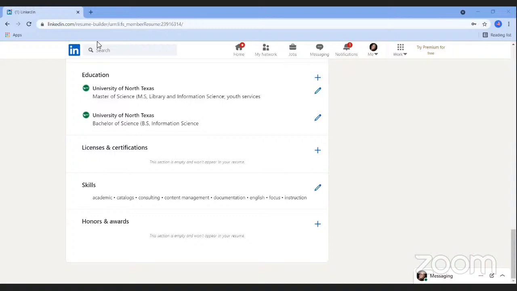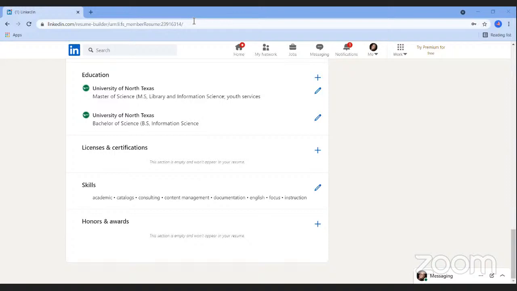Okay, the very last thing that we're going to talk about is converting PDF files. Now, LinkedIn only allows you to download a PDF version of your completed resume. And when you have a PDF document, you can't easily edit that document without having specific software. However, there are a couple of workarounds that may let you work with your PDF and other programs. I'd like to demonstrate how to open your PDF in Microsoft Word and also in Google Docs so that you can edit it.